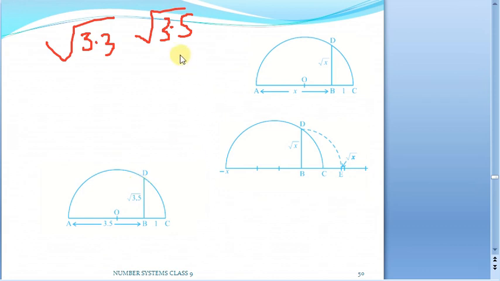Suppose I need to locate square root of 3.5 on the number line. So observe carefully, always we have to write the steps. Whatever we are doing, we have to put it in sentence form, remember. So first step, just consider the number under the square root. What is our number here? 3.5. So just draw 3.5 centimeters, that means a 3.5 unit line. Let us say here I have drawn AB.